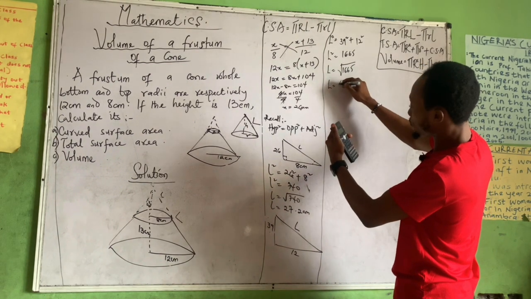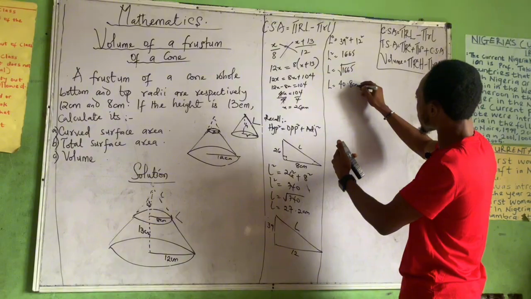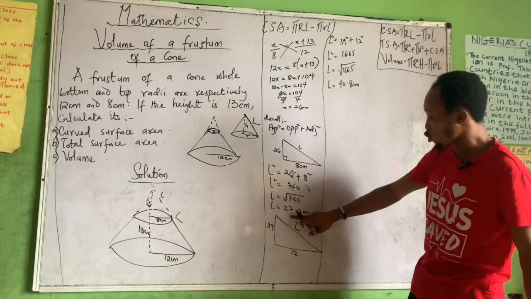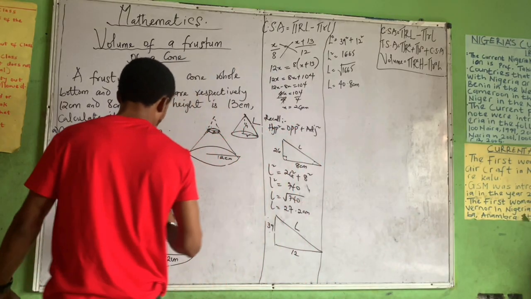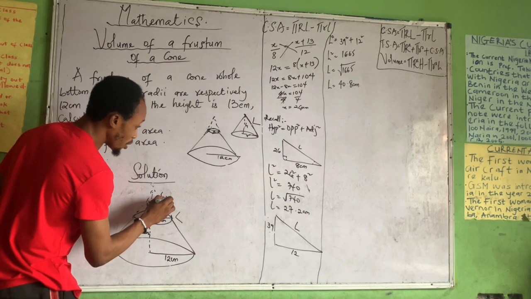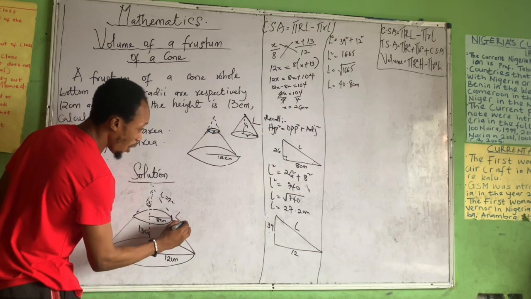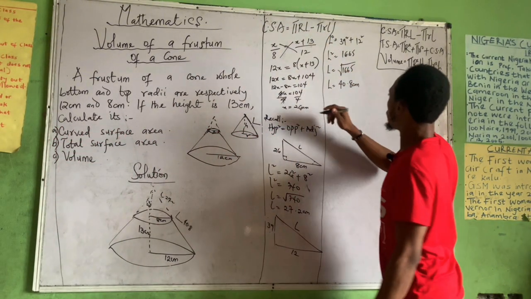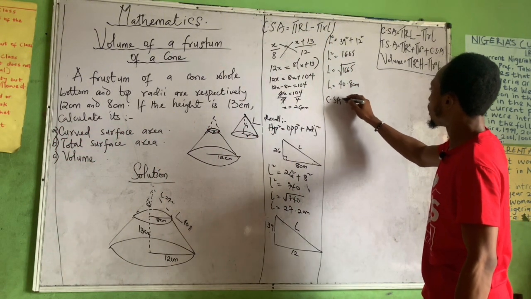We have 40.8 centimeter. So since we have 40.8 centimeter here and we have 27.2 centimeter here, already we have the small one to be 27.2 and then we have the big one to be 40.8. So we can now put it here. So CSA equals